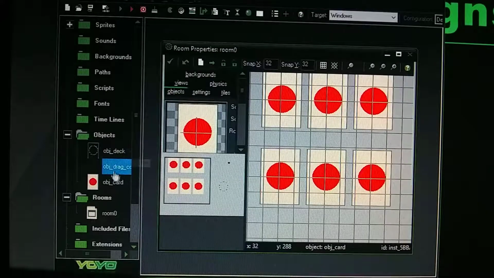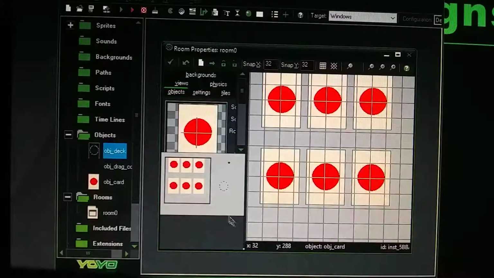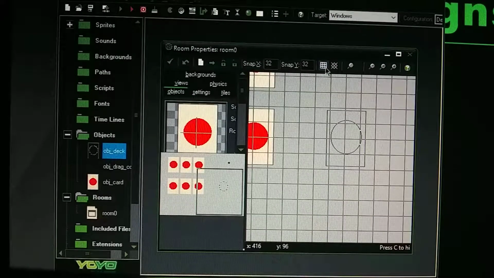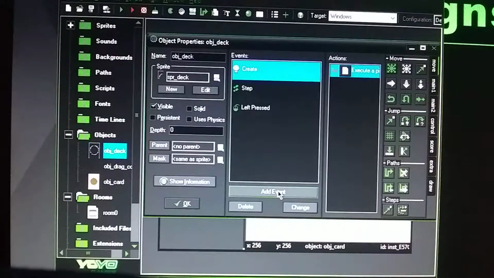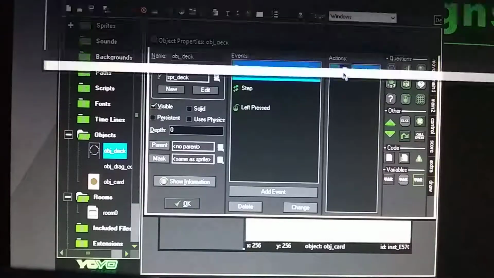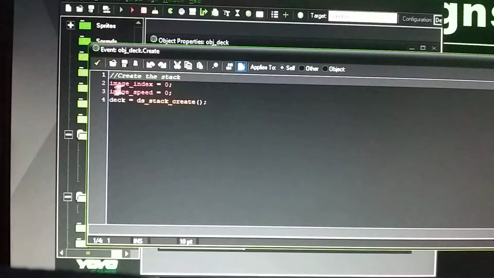Alright, so anyways, in the object deck, which is this outline right here, I went to add event, grabbed over a code sheet, and it basically says that you want to create your stack. So you keep the image index at 0, the image speed at 0, and then say deck equals ds_stack_create();